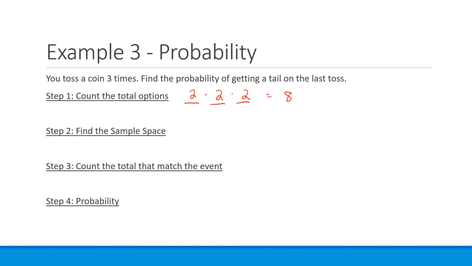Next step would be to find the sample space. And so this one, there's only 8 things. It's easy enough to write. See, I could get heads all 3 times. I could have heads, heads, tail. Or maybe I get heads, tail, heads, or a tail and then 2 heads. So those are all the different